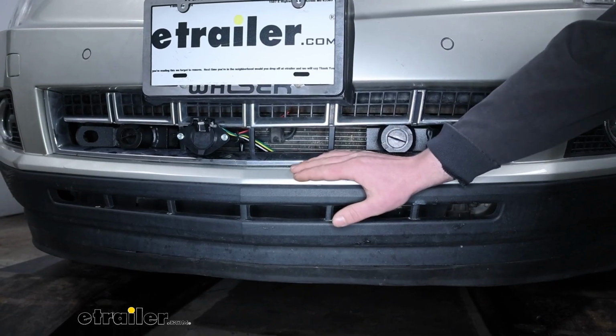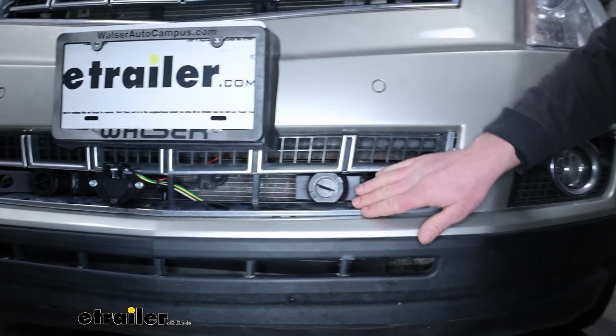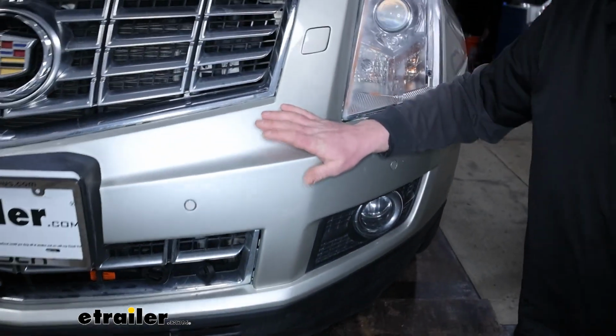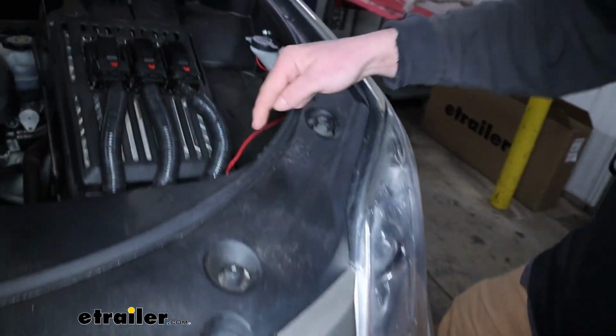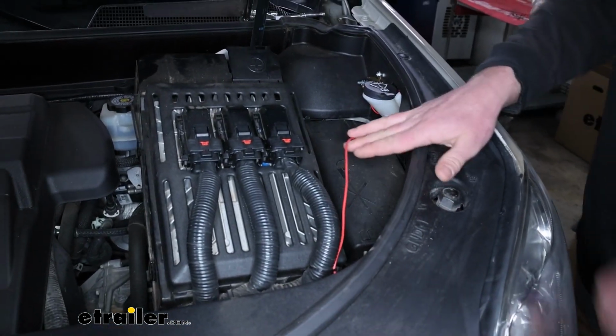So to get our charge line up into the engine compartment, the wire just ran along through here and then up. And this is a lot easier to do with the fascia off when you're doing your base plate. But just working with what we got today, this is how we got it. And so it's going to come up into the engine compartment where I have it routed over